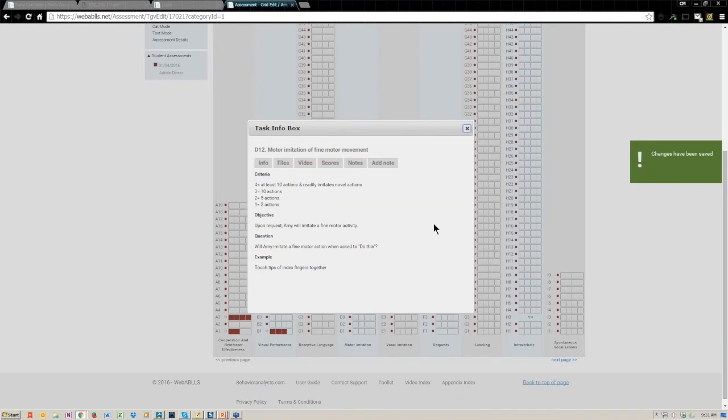And I'm showing you this task info box in particular because it has all of the features that a task info box can have. These tabs that are within it, especially this files and video tabs, are going to be conditional on whether or not this particular task has a file associated or a video associated. The files are what we call appendix documents, and not all tasks have an appendix document that goes along with it, but if it does, it will show up in this task info box with a link for you to download. The same with the videos.